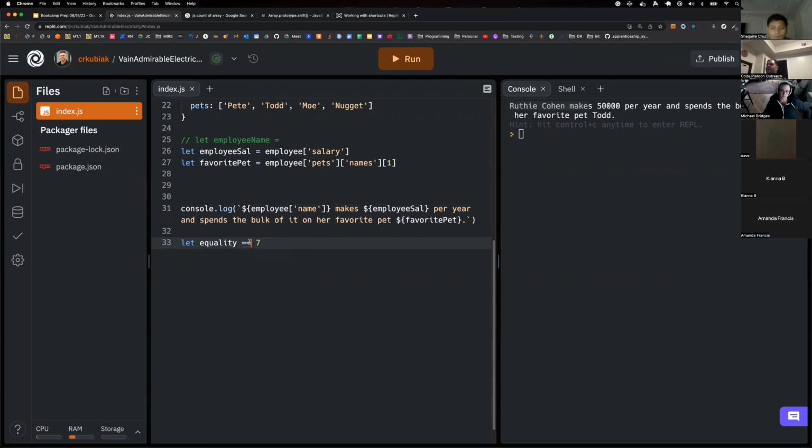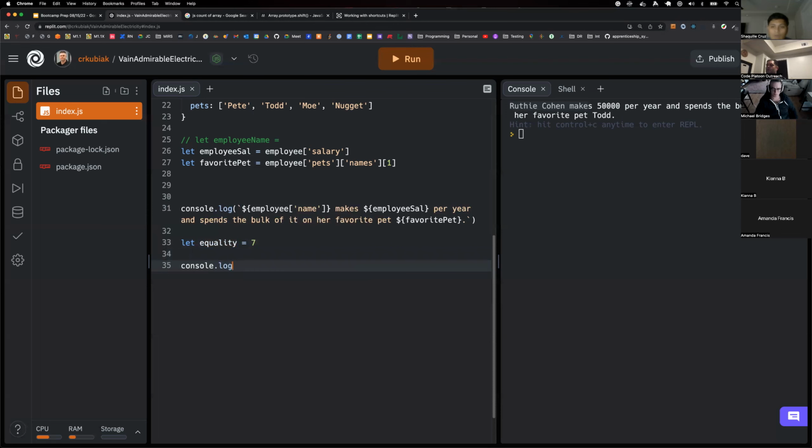But this is actually saying, is the number 7 equal to the variable equality? And because the variable equality has not been assigned anything yet, it's going to throw an error. You can't do this comparator while instantiating a variable. So now I could say, let equality equal 7,